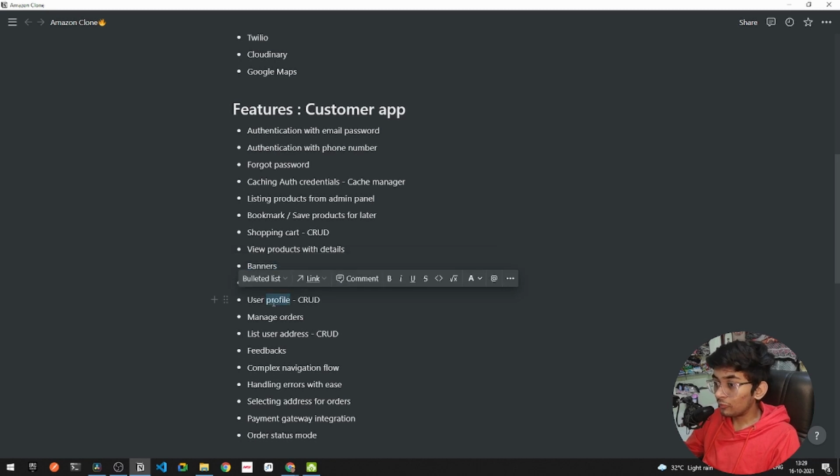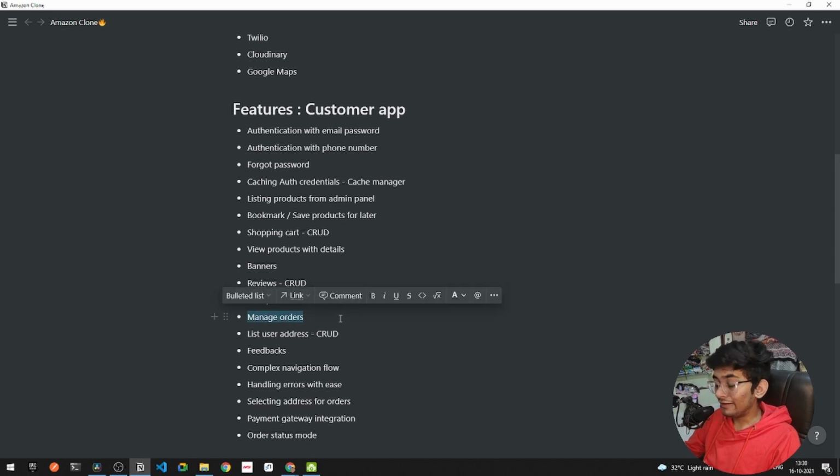We have got our user profile. User profile is very important because it will be showing the phone number, the address, and the email address of our own self to the delivery boys. In that case, we will be able to CRUD all the properties of our user profile. After that, we have got an option of managing orders. Whatever products or items we order, we need to check the particular orders under a different view, so we'll be able to manage all of our orders.